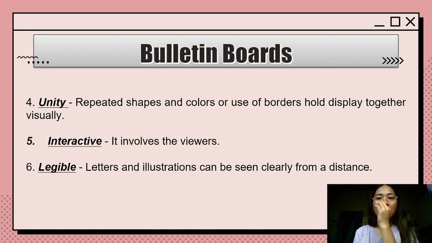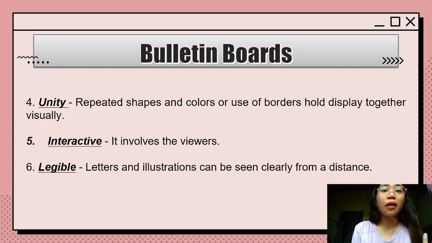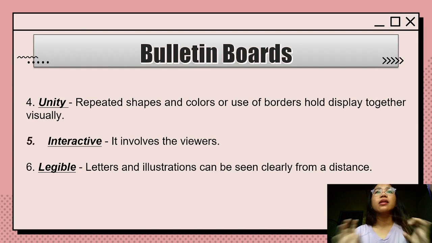Nag-include dito ng activities like taking surveys, playing games, or even casting a vote. So, dapat sa bulletin boards, interactive, dapat yung laman ng bulletin boards is mafe-feel ng mga students or mga adult na parang parte sila ng information na kanilang nababasa or announcement doon sa